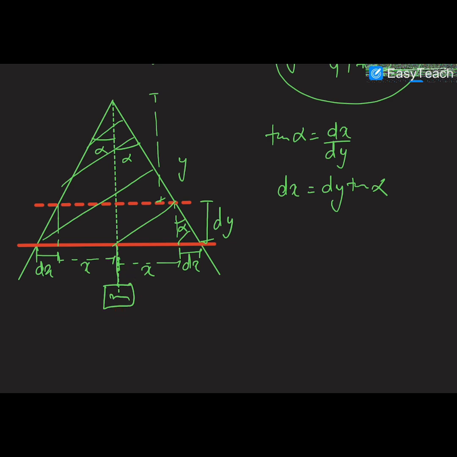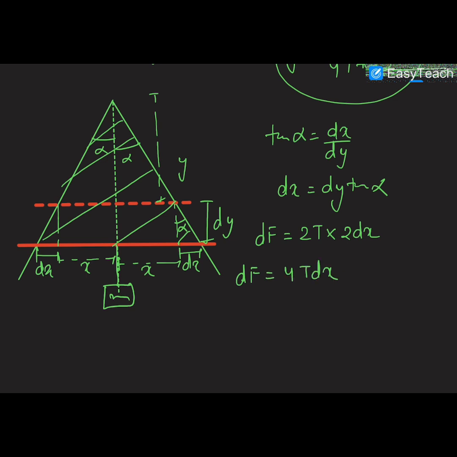But now there would be a greater amount of cohesive force acting on this length and this length, which would be responsible for SHM of this mass, and therefore the additional cohesive force developed will be the surface tension 2T into the additional length dx. In fact, the additional length will be 2 dx, because this is dx as well as this is dx. So this additional force is 4T dx,